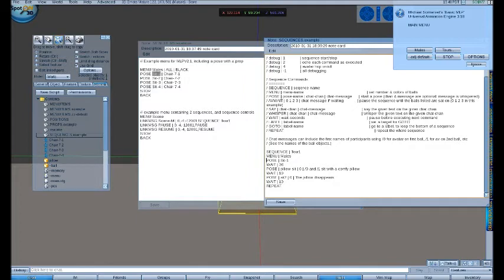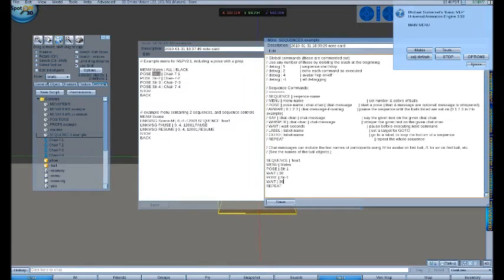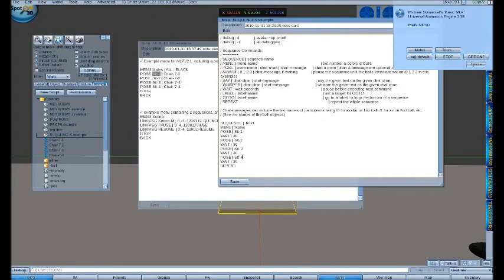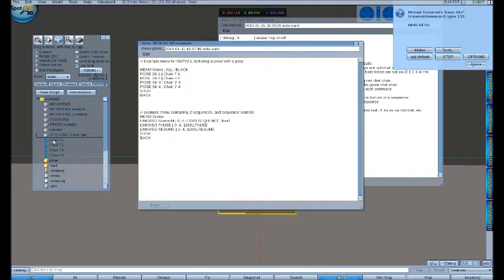Now, one of the tricks I just love doing, since I have that first pose and wait set up, I'm going to copy it, and I'm going to paste it over the rest. And then do it again, because I have 4 sits that I'm going to be playing. I want 4 set up. Now I can just go to sit 1, the second one, change it to 2, change the third one to 3, change the fourth one to 4, and I now have a very simple sequence. It's running through pose sit 1 here, pose sit 2 here, pose sit 3 here, pose sit 4 here. And pose sit 1 plays chair 7 1, chair 7 1 over in our inventory of our item,